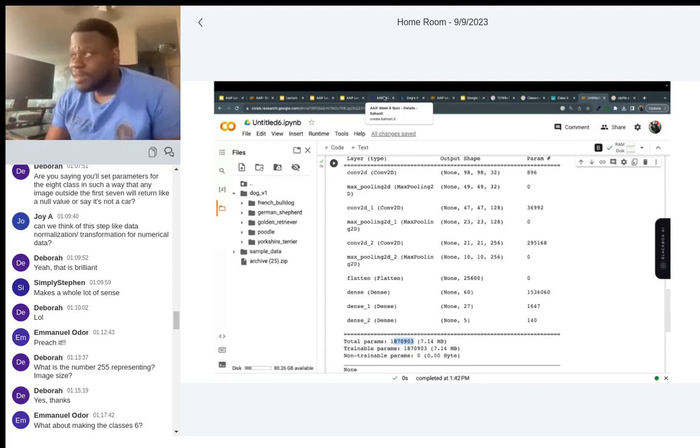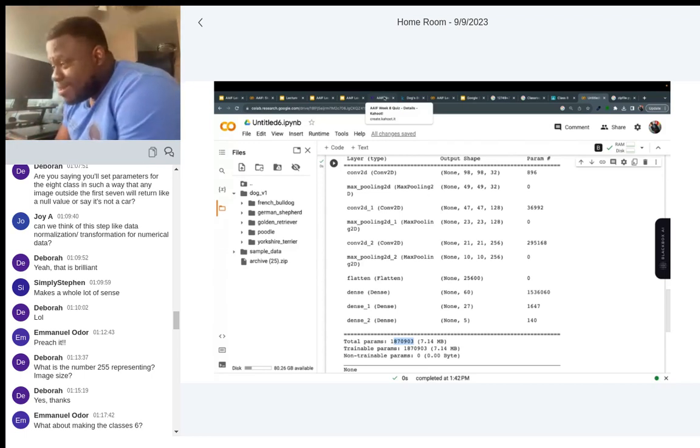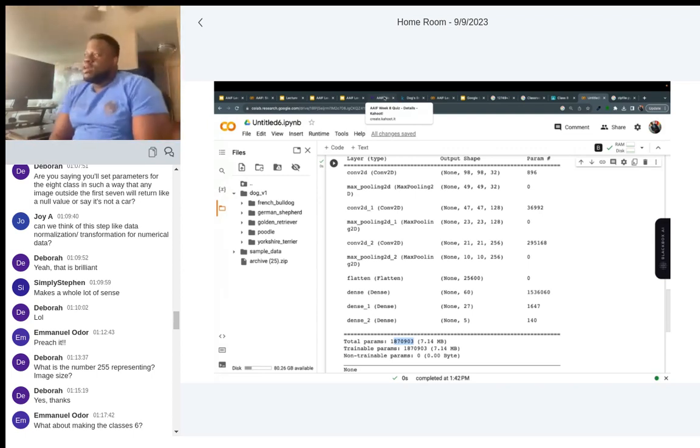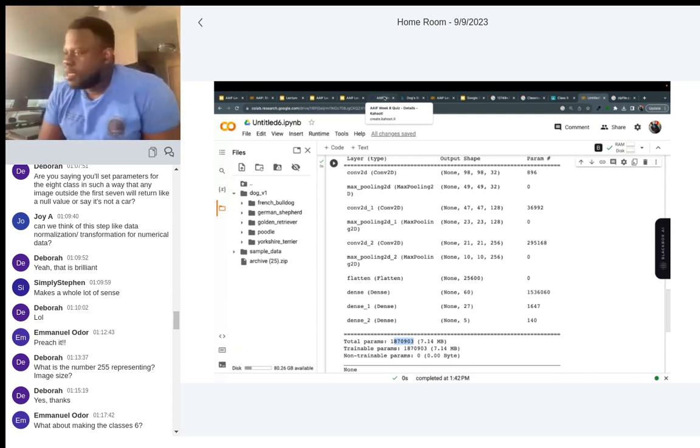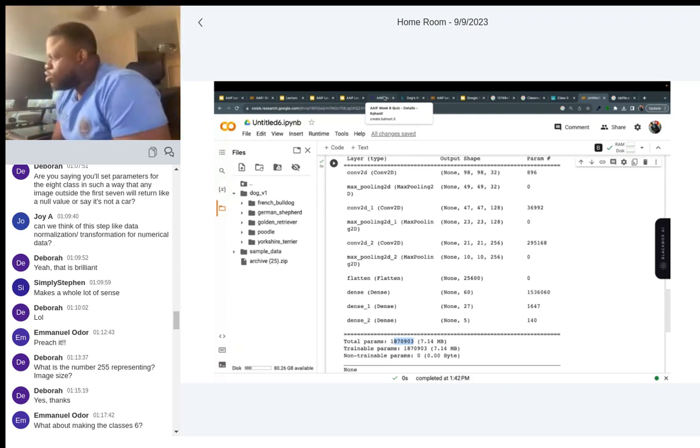Can I just make a request? Yes, please. You can make a request. Can you please put notes for what each step is, just so we understand why each step leads to the other? I would rather comment, and you come next class and ask me questions. If I put notes and you read them, you feel overconfident. I would rather you come and ask me questions.